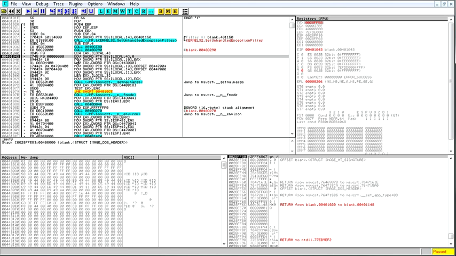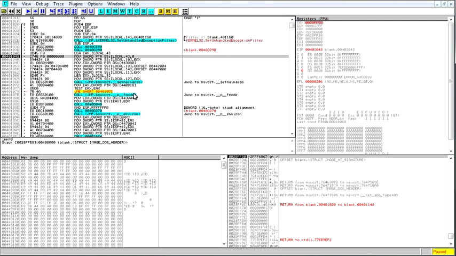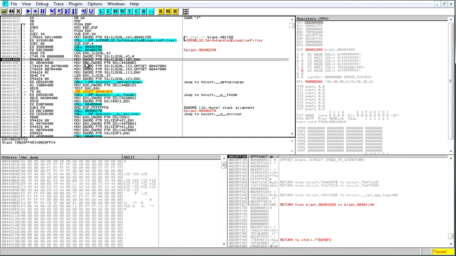Now, MOV, we've learned that already. It has a couple variants, but they're not hard. The first one we've seen already: put 0 into the DWORD that's at the address local 4, or EBP minus 10. So we're going to hit F8, F8, and now it's a little bit different.